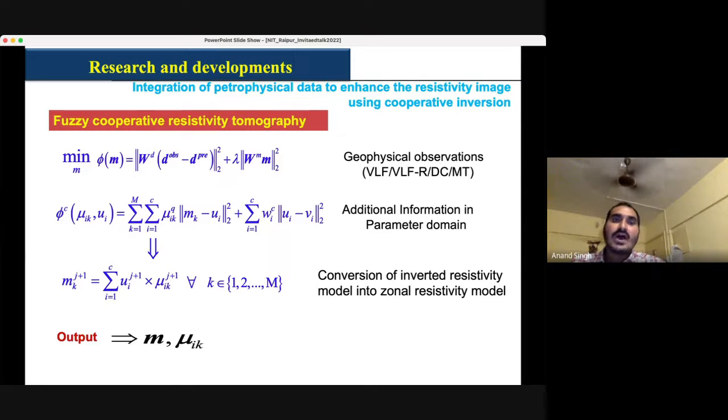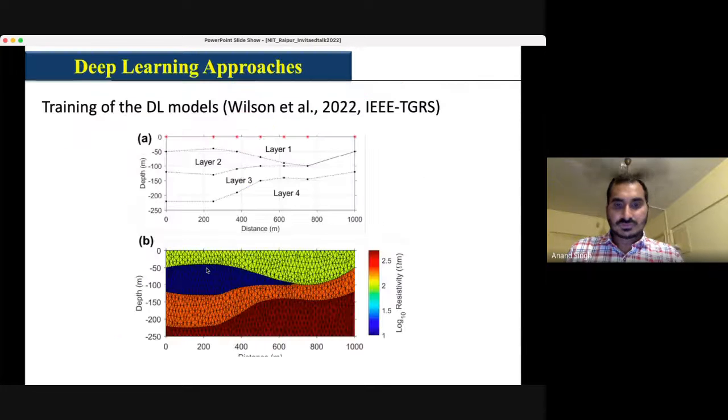So the basic idea here is that this is the traditional inversion result, and this one is the machine learning based. So we are going to utilize two different frameworks to improve our model. How we can improve this one, we have further to see. Now,